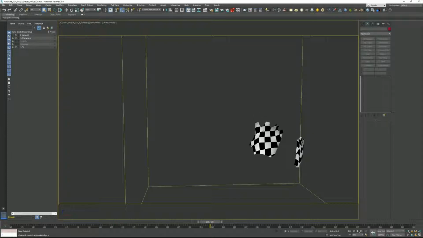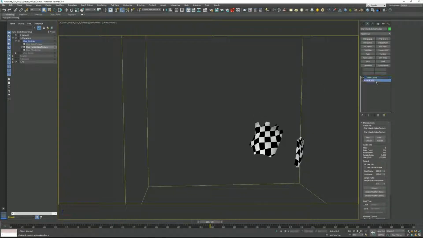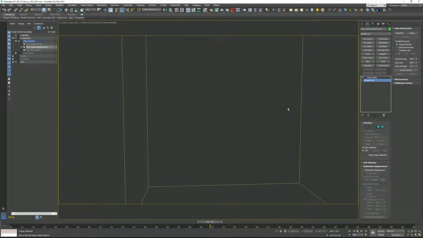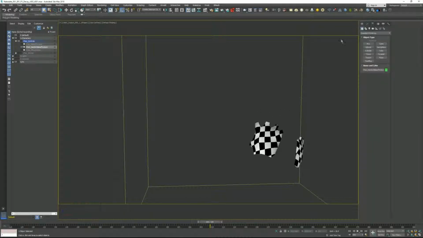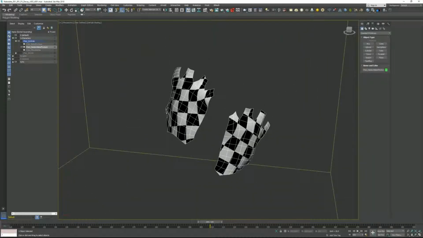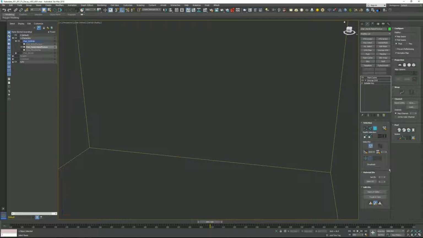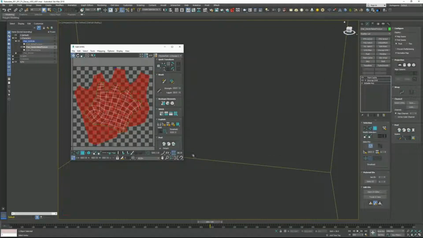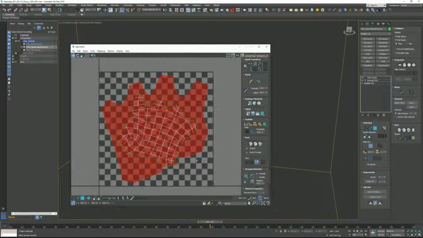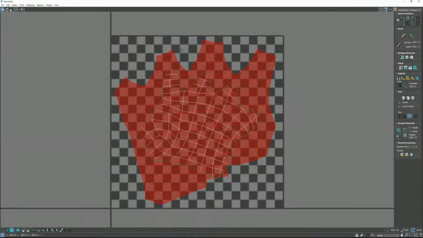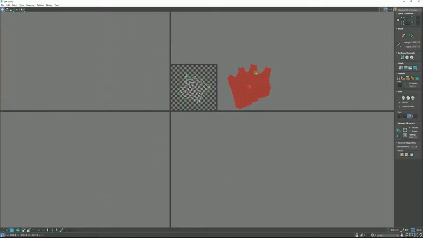Now, the next step of this is that we want to quickly go back to Edit Poly. And I'm going to unwrap it. So we say unwrap, make sure it's under the Edit Poly. And then we just do the pelt mapping peel here. Okay, now, while that's still there, we can see one of these is selected, which is good, because I'm going to want to move that selection out of the way, select the other one,